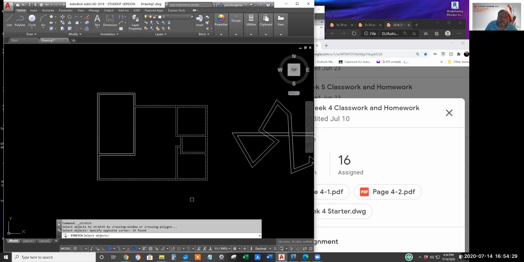Again, crossing window, I'll take it out 5, 4, I'll undo to get it back to where we were. I believe if you got a circle, the center of the circle must be within the crossing window to move.